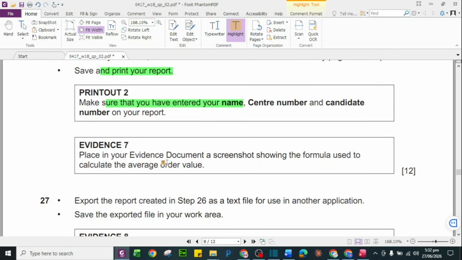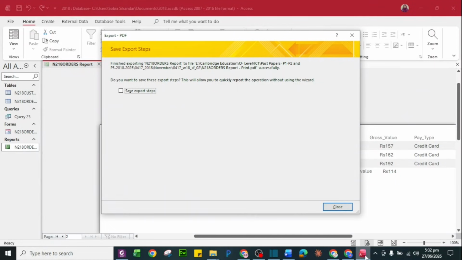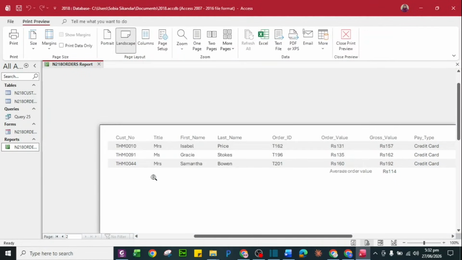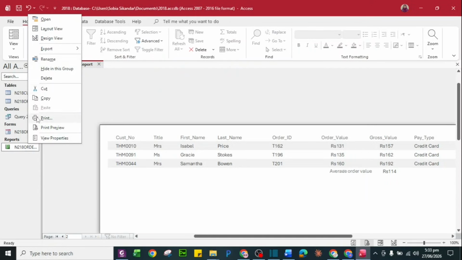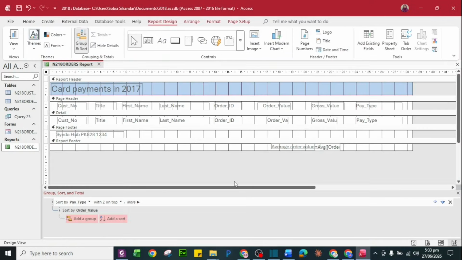Name, candidate number is there. Yes, evidence. Place an evidence document, a screenshot showing the formula used to calculate the average of the order. Okay, fine. While taking this formula, you will open everything in design view. Open the report, but you can see it's not properly visible.